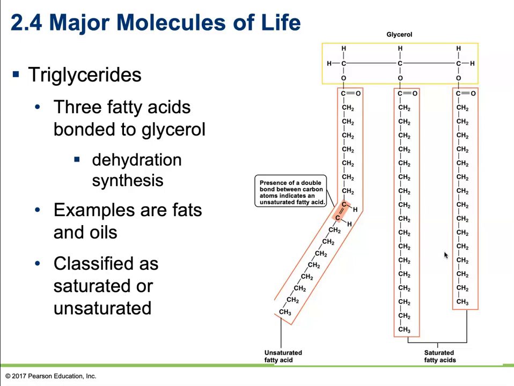These are going to be things like fats. So butter, and they're typically going to be of animal origin. Fats like butter or lard are going to be solid at room temperature, whereas oils coming from plants are going to be liquid at room temperature. Coconut oil is actually an interesting exception. Coconut oil is of plant origin, but it is actually a saturated fatty acid, which allows it to be solid at room temperature.